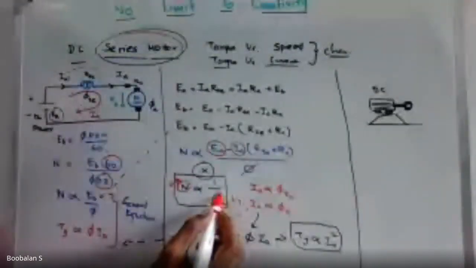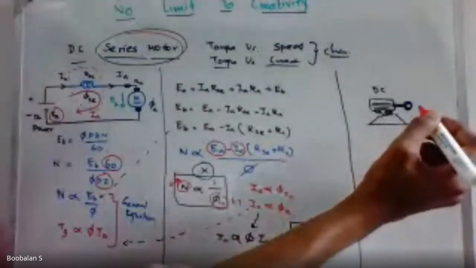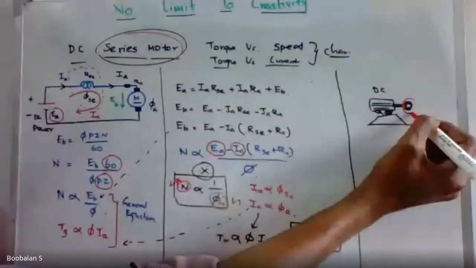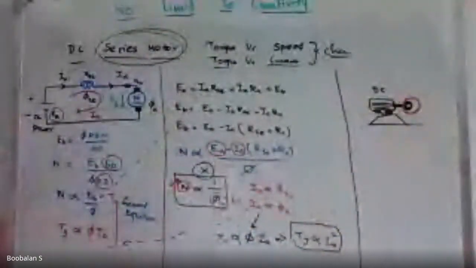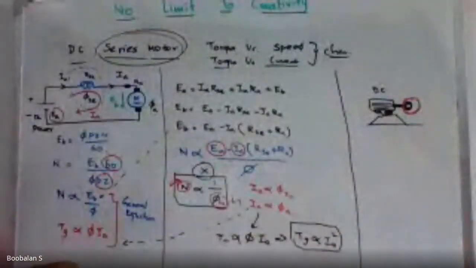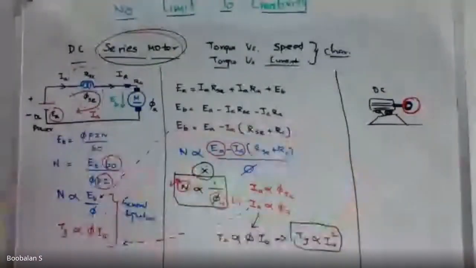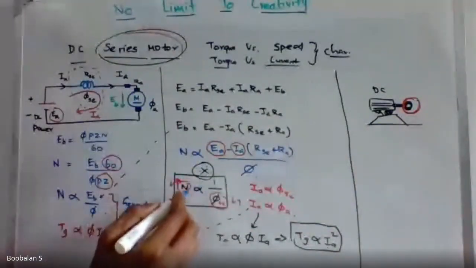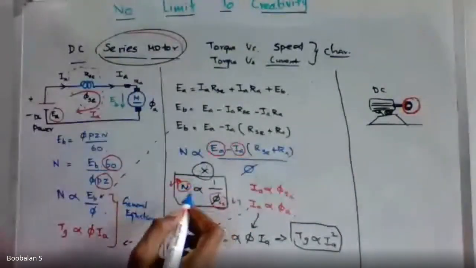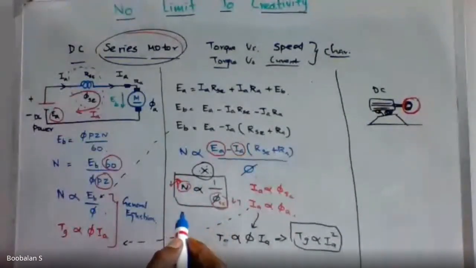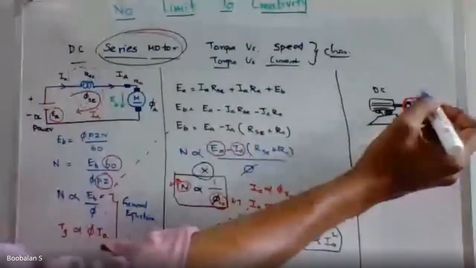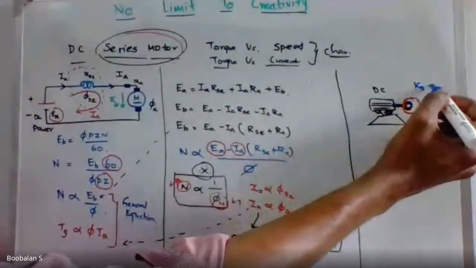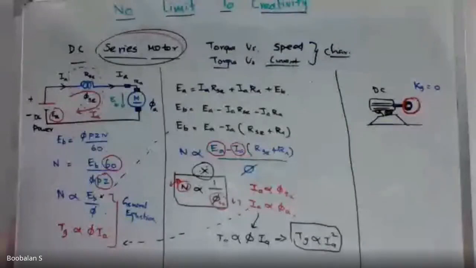So for example, I'm not connecting any load to this particular motor, and the input voltage is also zero. Just imagine how the motor could run away from its bed. This is an important industrial safety concern, right? So initially I'm not connecting any load, so the weight in kg is zero, and TG is also zero.